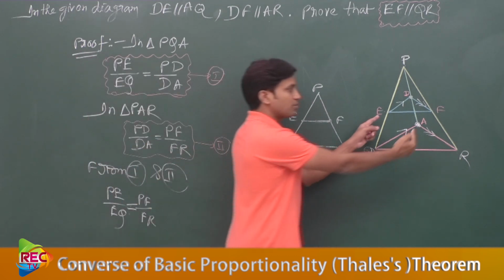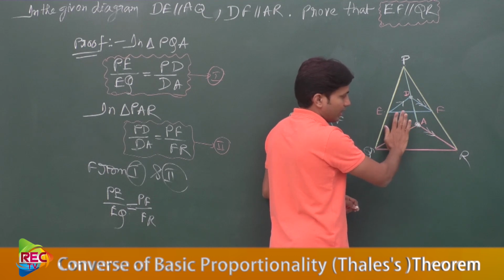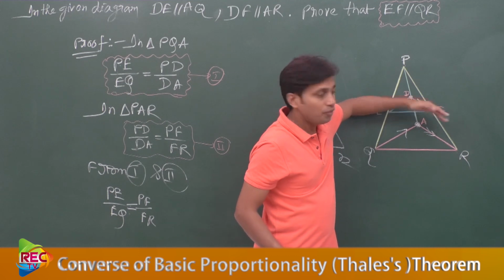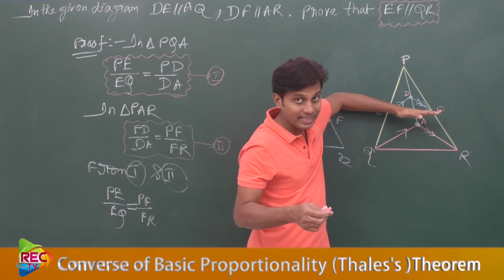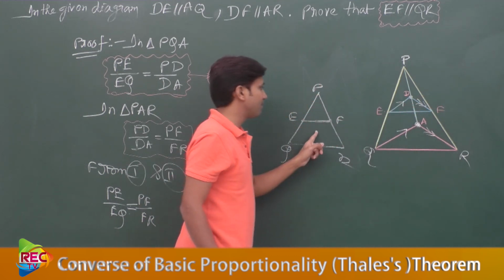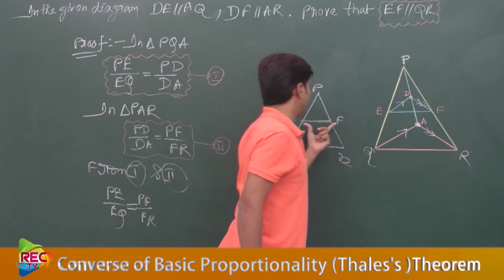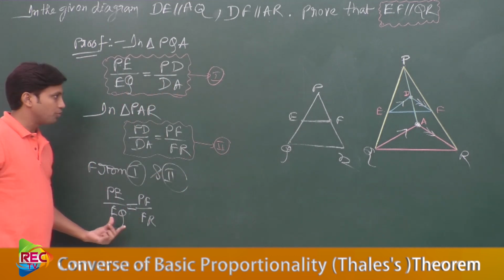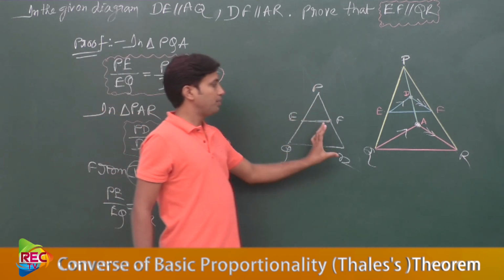Okay, means this blue color line, remaining all those, just neglect all those. Consider only EF, forget remaining all. This PQR is a triangle where EF is the only line existing. Think in such a way, assume that. So this figure is similar to this or not? This bigger triangle is this triangle and EF is this one, right? Now what we obtained here, just see, PE by EQ equal to PF by FR.